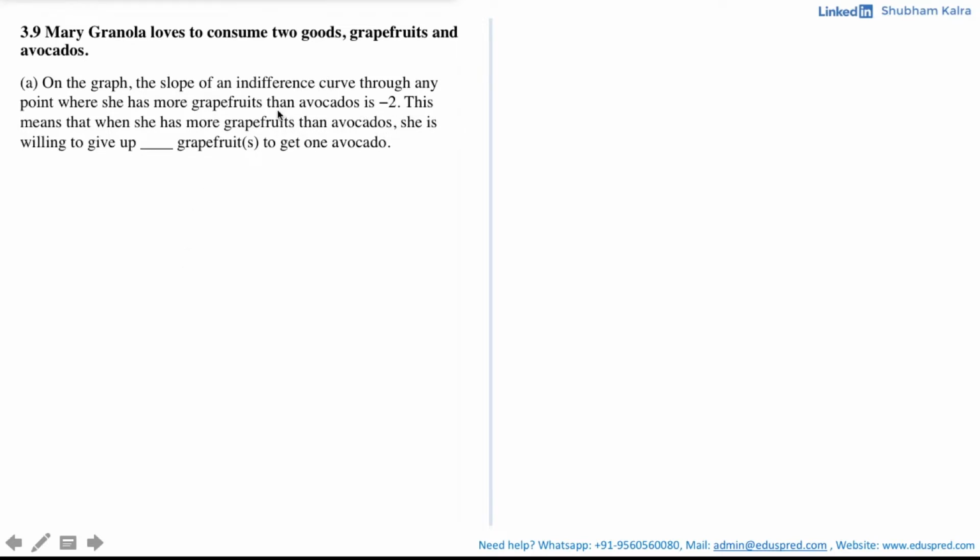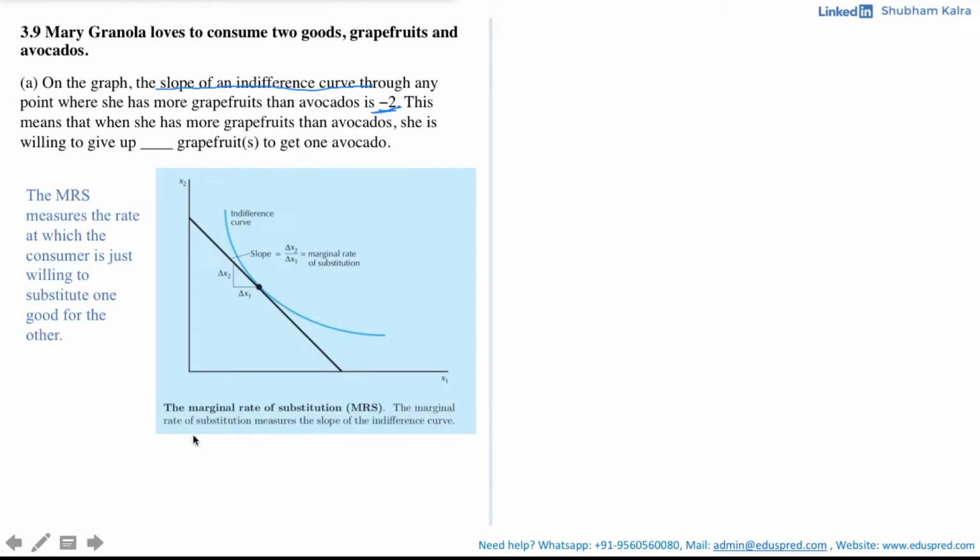The first thing that is given to us is the slope of the indifference curve, which is equal to -2. Now what do you mean by that? The marginal rate of substitution, or the MRS, measures the slope of the indifference curve, which means here the slope of the indifference curve, or the MRS, is equal to -2. And now by definition your MRS measures the rate at which the consumer is willing to substitute one good for